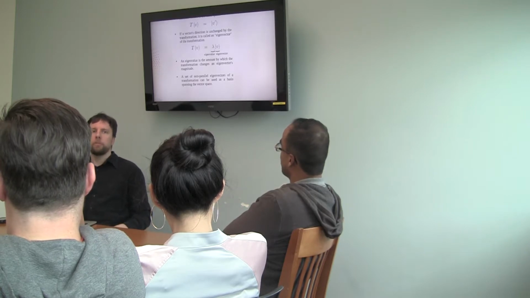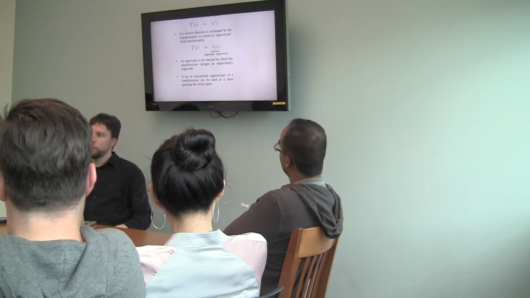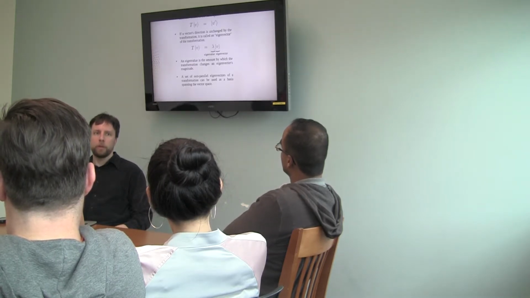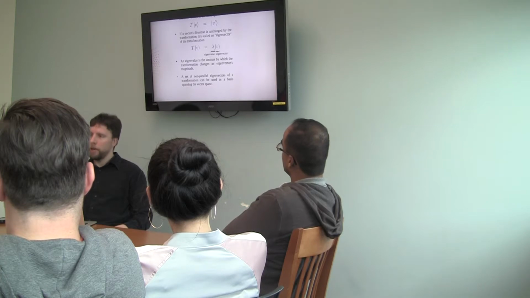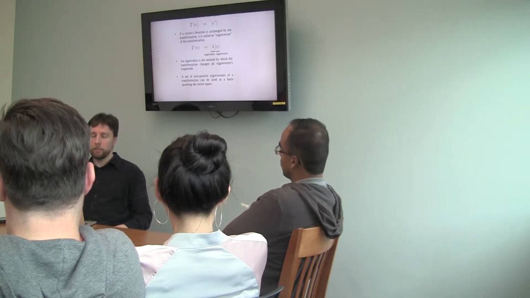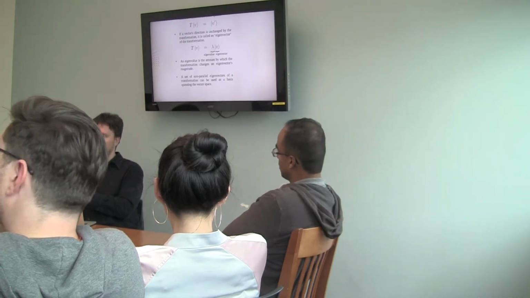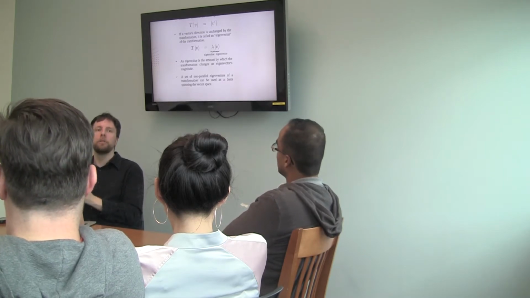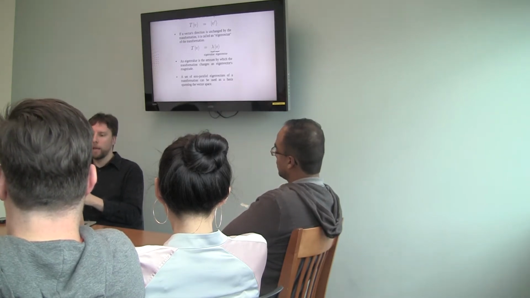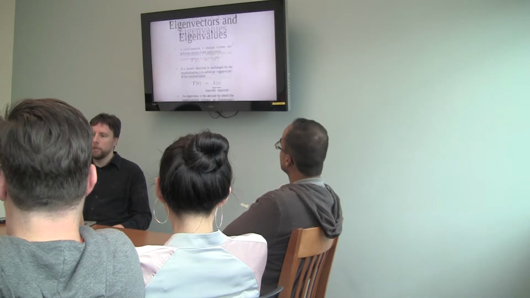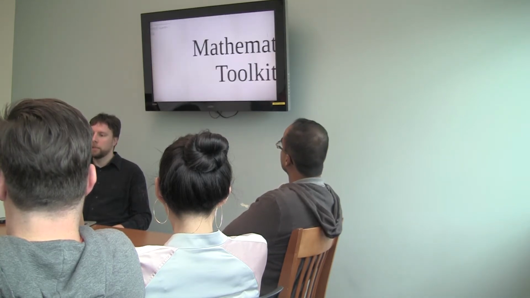Right? And the last point, which is really going to be very useful when we're talking about quantum mechanics, is that it's often possible, if you have the same number of independent eigenvectors as you have dimensions in your vector space, then you can use the set of those eigenvectors, as long as they're not all parallel to one another, as a way to span the vector space. So that can be what's called a basis. Okay? So let me go back up and talk a little bit about what a basis is.